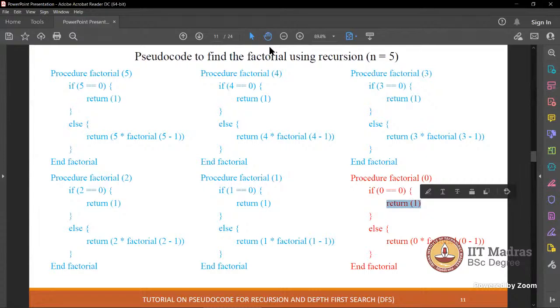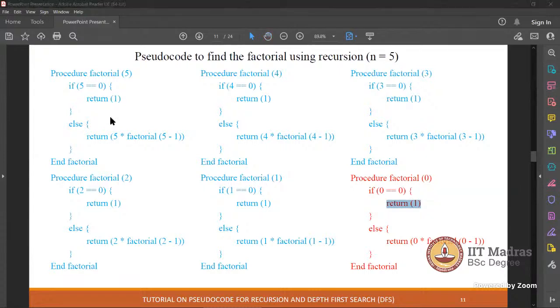So whoever asked that doubt earlier, sorry, I forgot your name, something from S. Okay, Nupur, I'm coming to your doubt also. What happens when 0 is equal to 0 and you return 1? So till here, is it fine? Yes, sir. Okay. So Nupur, do you have a doubt at this point, or shall I continue?